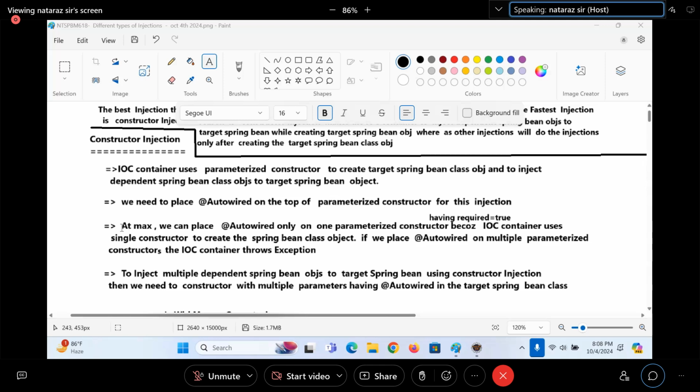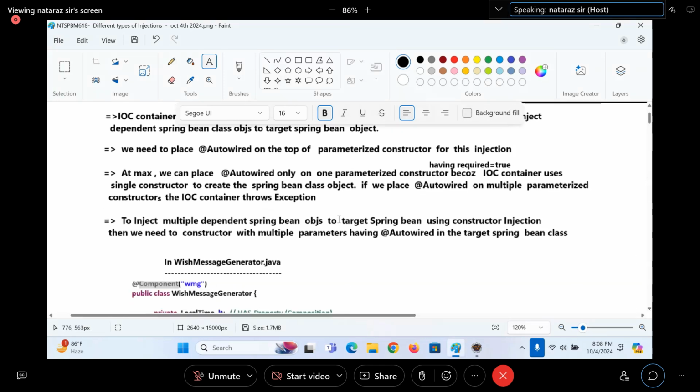At most, we can place @Autowired only on one parameterized constructor having required equal to true, because the IOC container uses a single one to inject multiple dependent Spring bean objects to the target Spring bean using constructor injection.